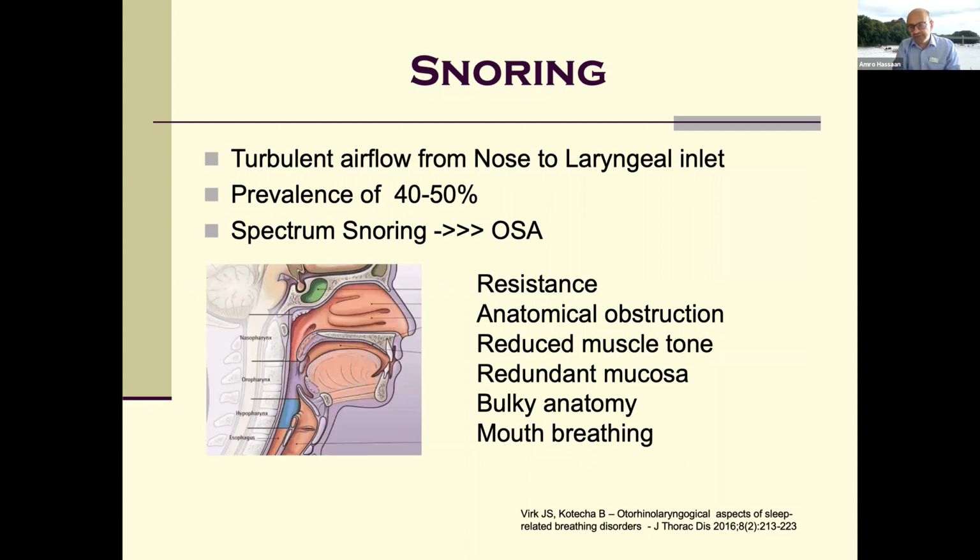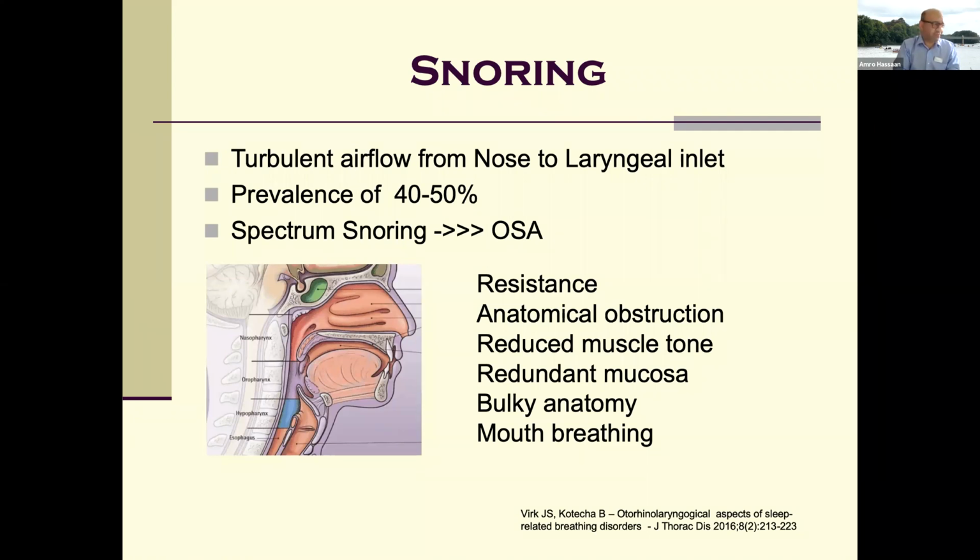Snoring is on that gradient of sleep-disturbed breathing, starting with snoring, which is turbulence, and increasing to actual total obstruction, apnea. Okay, snoring, about 50% of the population are up to that. And as I've said, it's just on that gradient up to OSA. It can be due to